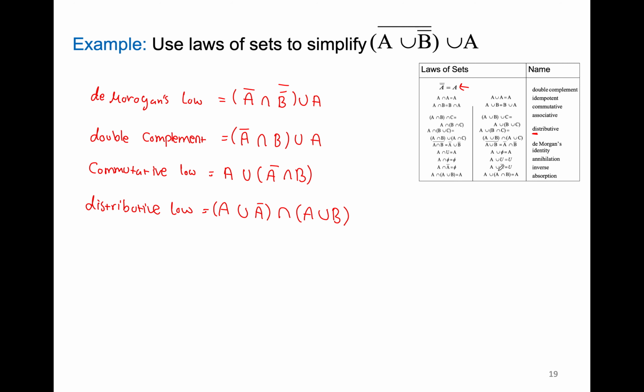A union A complement will give us U, which is the universal set. So by using the inverse law,